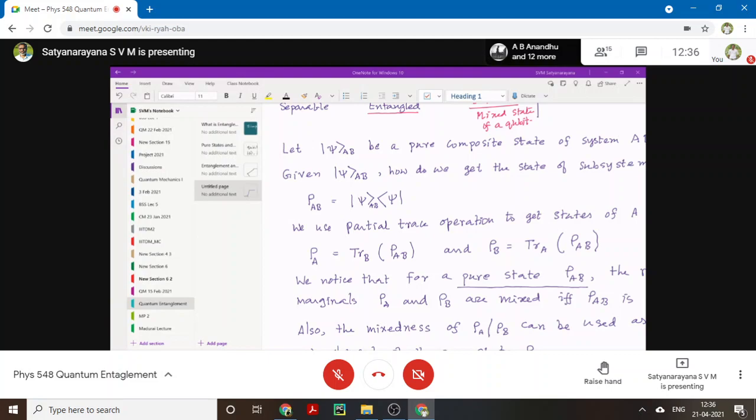As I was reading the paper, they are saying that for the postulate of equal a priori probability, the universe is in a maximally mixed state, so we don't have any information. So we can take the components that are pure states of the mixed state as equally probable. Can I explain that, sir?